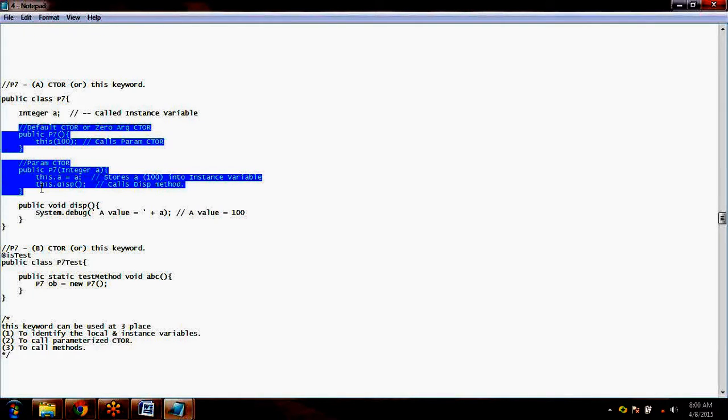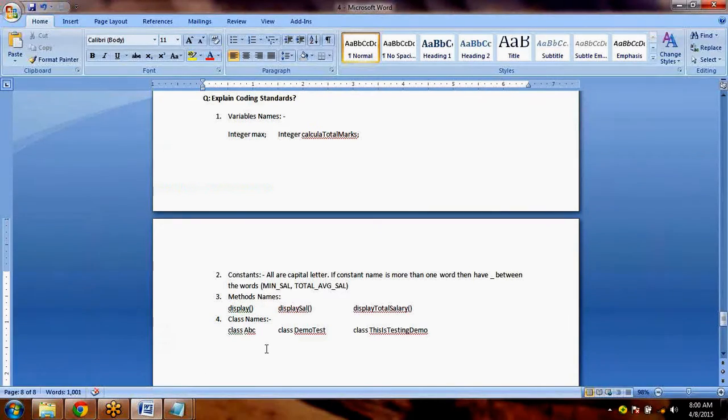The first thing is how this keyword works. This example explains how to write parameterized constructors, how to write default constructors, how to call parameterized constructors, and how to call default constructors. This is also an example for polymorphism, for runtime and compile time polymorphism, overloading. So this is all I explained yesterday. So just go through it once. Okay. So next is,